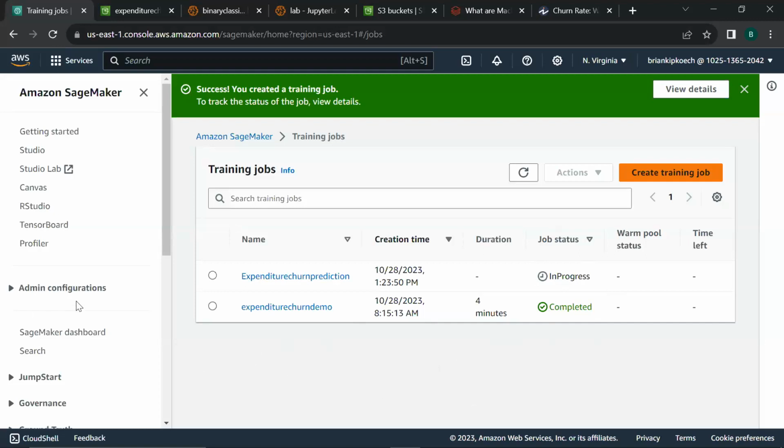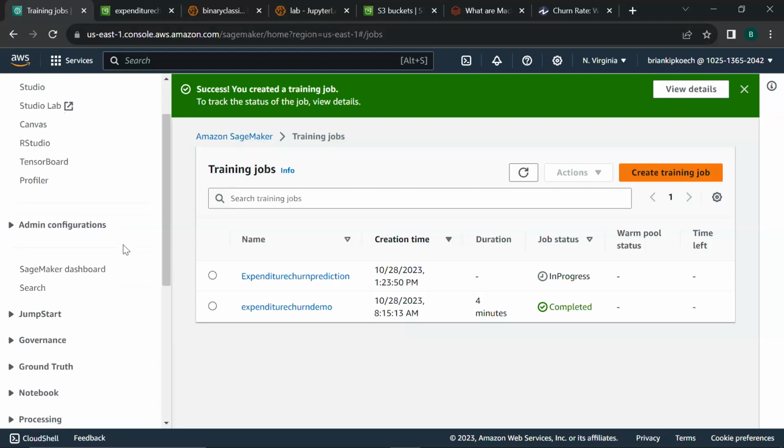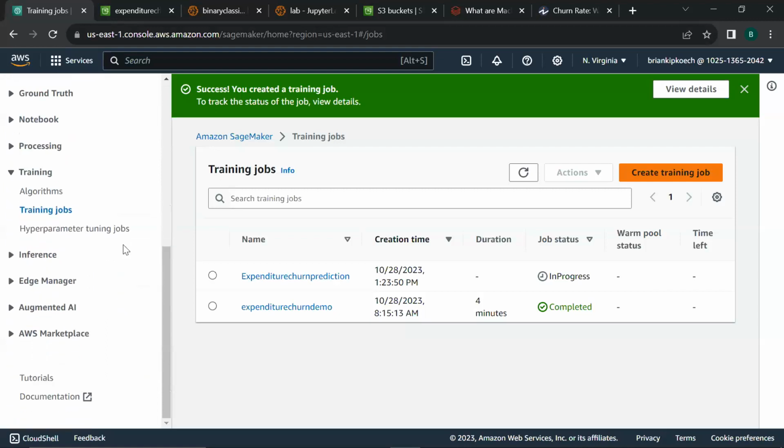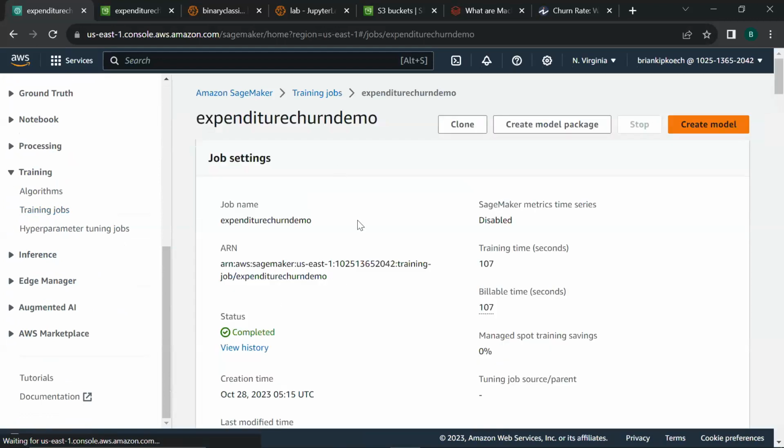So that's what we are going to try to do. But in this case, we will not go on with it to the end because I am using a free tier account and I don't want my costs to blow up, but I'll just take you through the process. So once we have our model with the job status ready, when the job status has turned from in progress to completed, you can click on this particular model that's been created and then use it to create a model. So just click on create model and a model will be created.